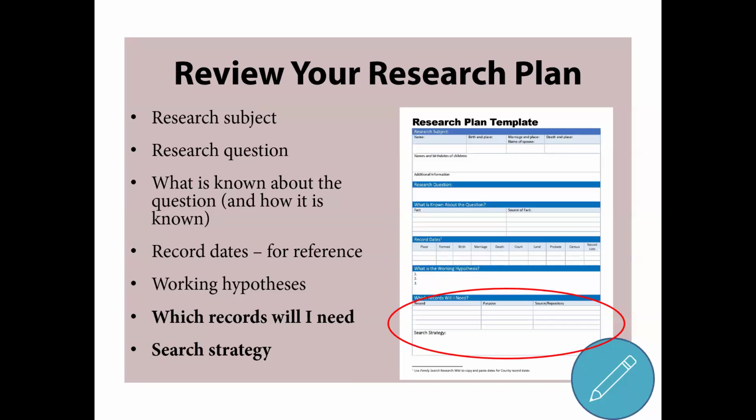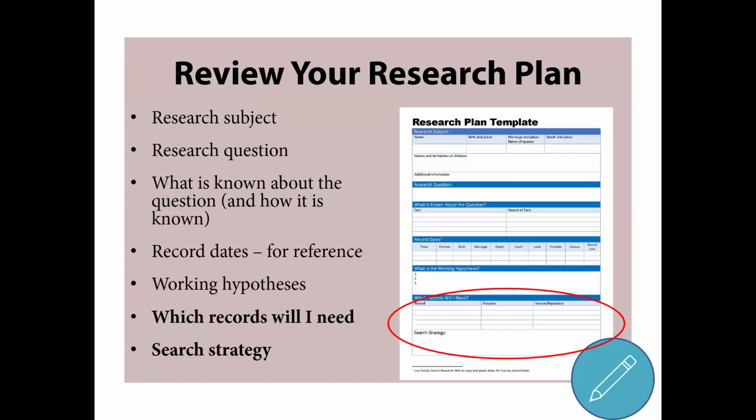And I found one reference that says a name of a sibling, and that sibling's obituary says he was from Edinburgh. So that's where you're going to work on your research plan based on those clues. Then you have a list here of which records I will need. And of course,